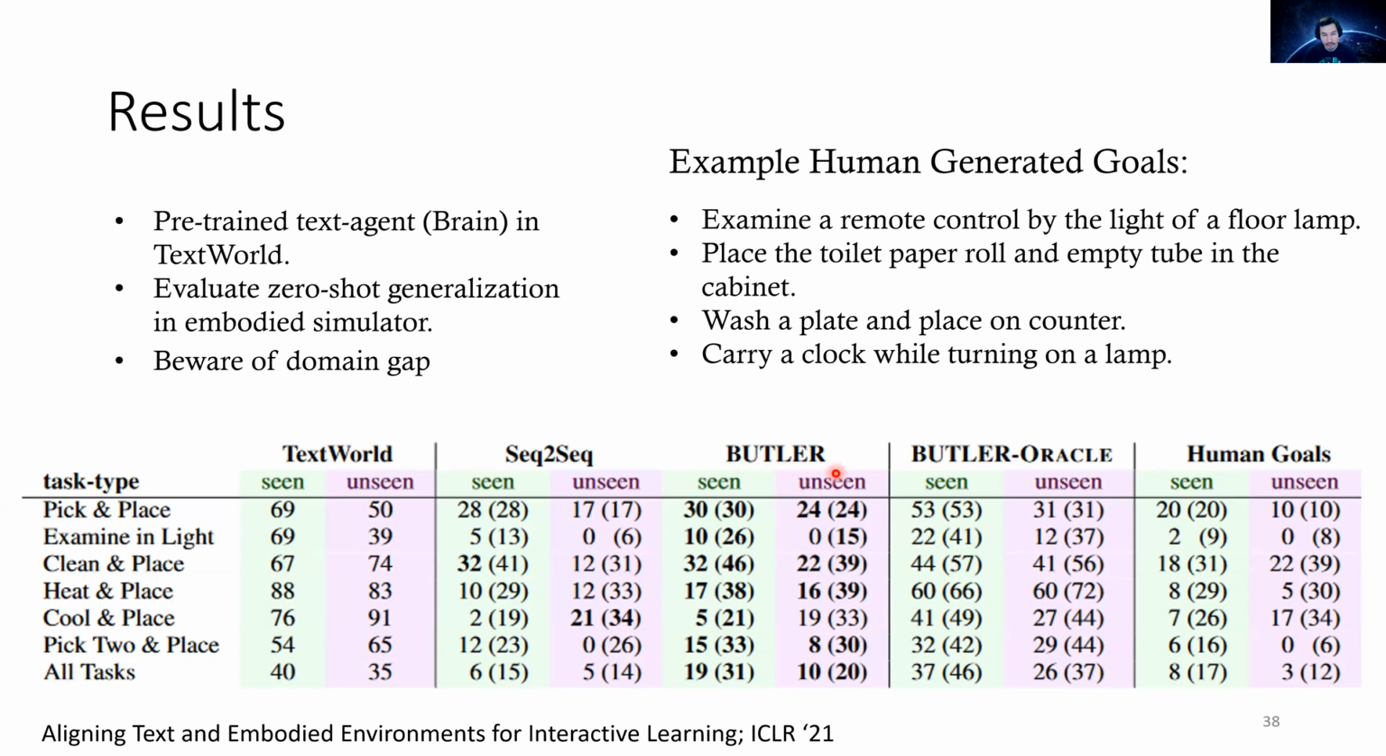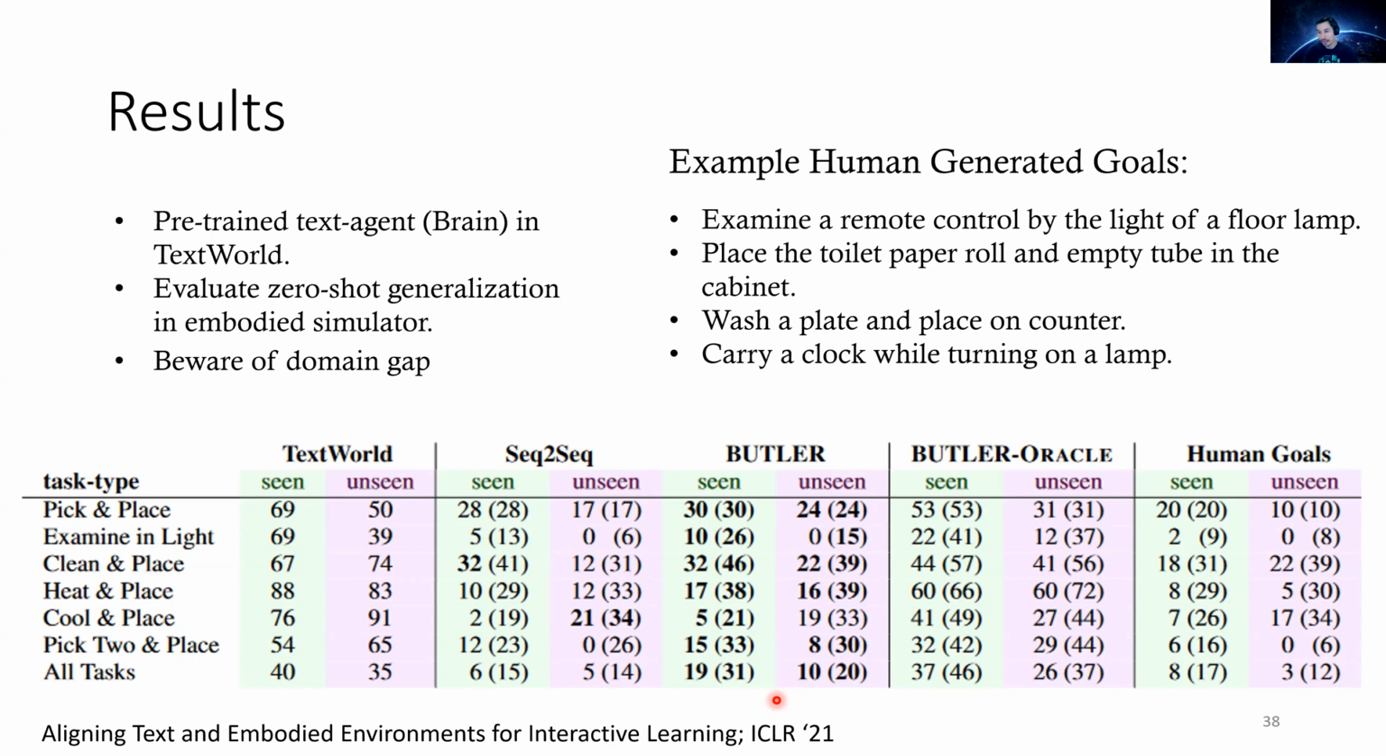So in this Butler column, we then take our pre-trained text agent and attach it to the controller body and the vision state estimator and place it into the embodied setting. In this case, we're trying to evaluate the zero-shot generalization capabilities of how well this system would work. And as we can see, the success percentages drop by about 50% compared to the text-only